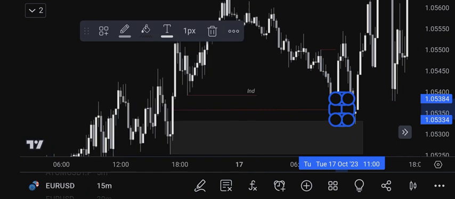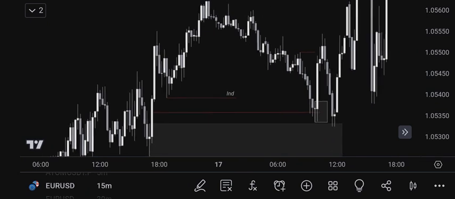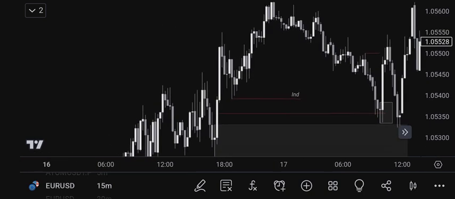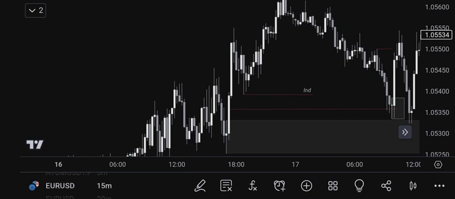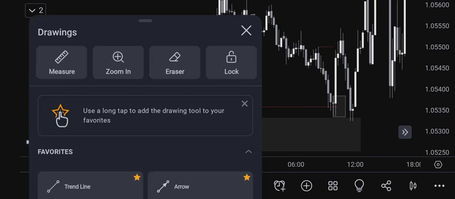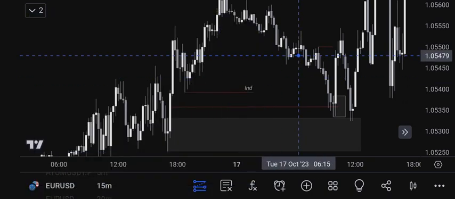Price created this OB here, and then after taking out this low, you can see price coming back to sweep them out and then mitigate the order block, then buying them, right? So now, how was the entry gotten? After validating all this stuff, what I had to do was place my long position right here,